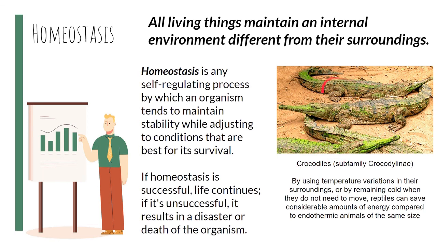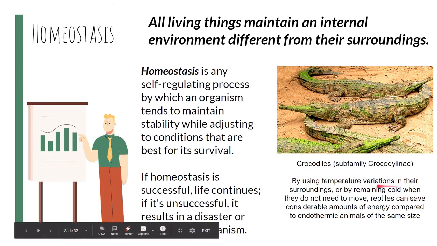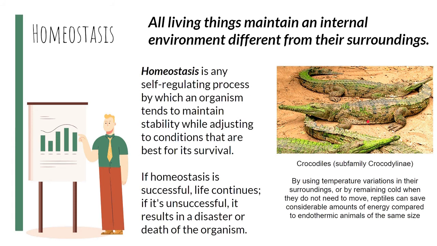In this example, crocodiles are categorized as ectothermic organisms, which means that they maintain their temperature based on the factors outside their body. Like what I've mentioned in the description, if their body is too hot, they just have to go to a body of water or to a river or stream, so that they will be able to cool their body down. And when it is too cold, they just have to sit under the sun, and then their